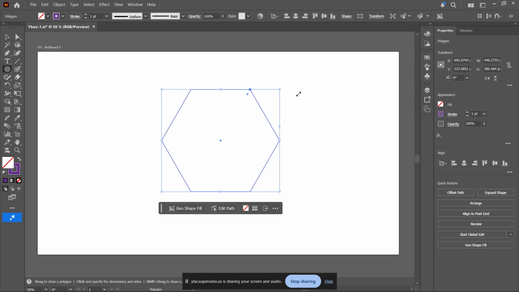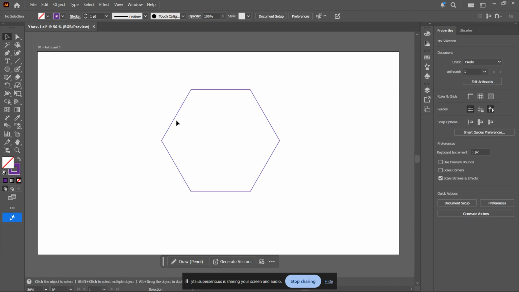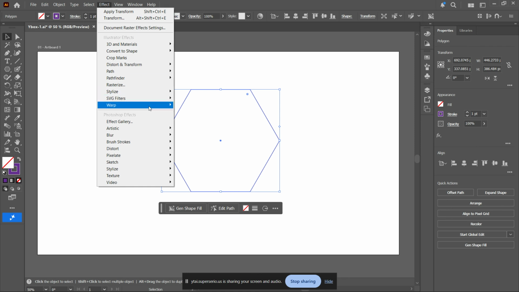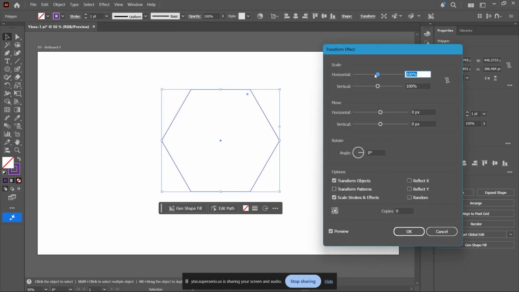Next, make sure your hexagon is selected. This is where the magic happens. Go to the top menu and click Effect, then navigate down to Distort and Transform and choose Transform. This panel allows us to duplicate the shape while applying scale and rotation changes to each copy, which is what